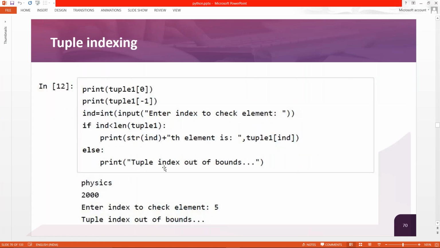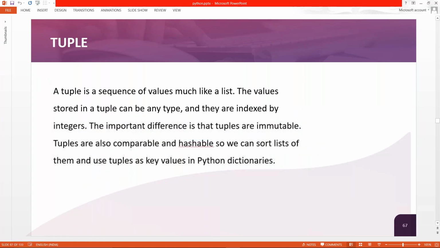So we were there in tuples, and we knew that. Let me brief out of tuple. That tuple is a sequence of values, much like a list, but over here it is immutable and cannot be changed. Okay, and often it is used as a key in a key-value pair of a dictionary. Okay, so now if we move forward into it,